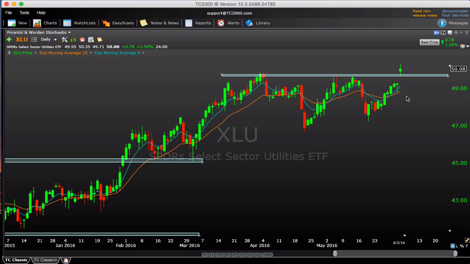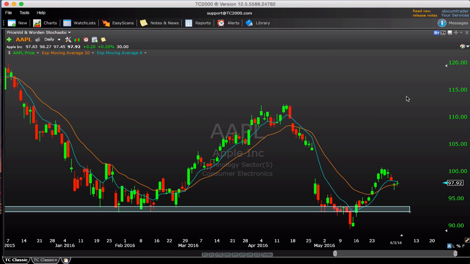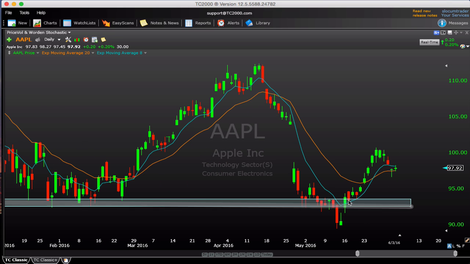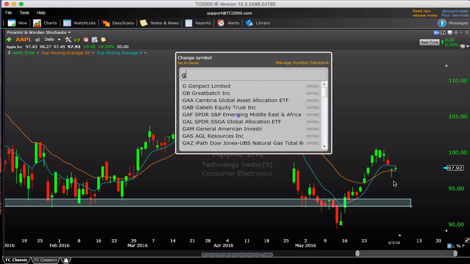Now let's get into some individual names, because this is something we did not talk about in yesterday's video. Let's start with Apple. It had a nice run here ever since it reclaimed the support level, this breakdown level of around $93. Pushed into the gap, failed at $100, and now it's pulled back 4 days in a row. And this is sort of a theme here I want to cover in a few of these big technology names. Apple, first one here, 4 days of pulling back.